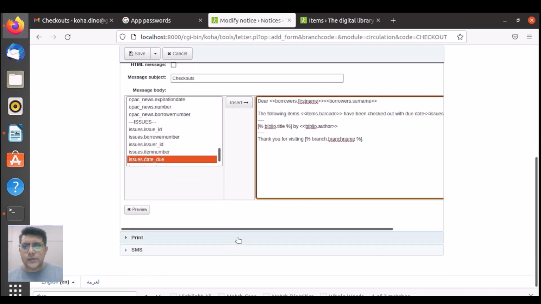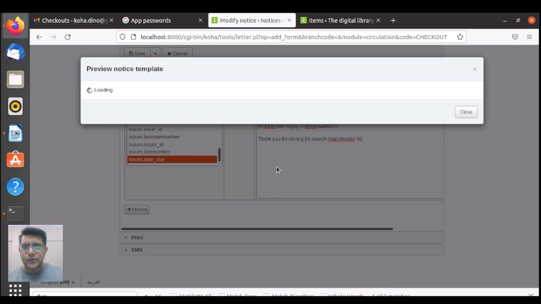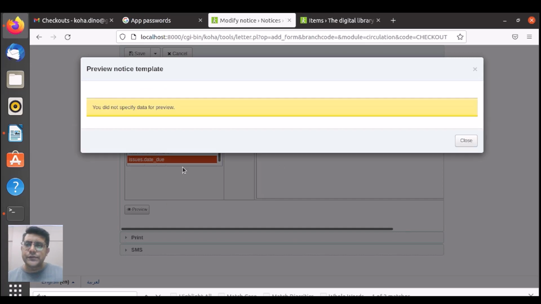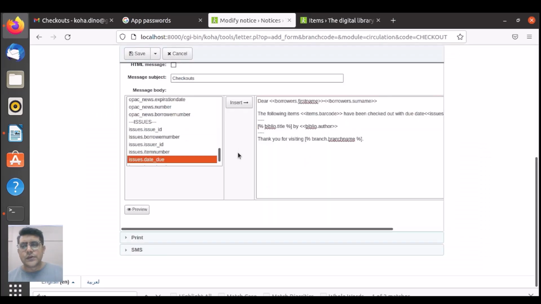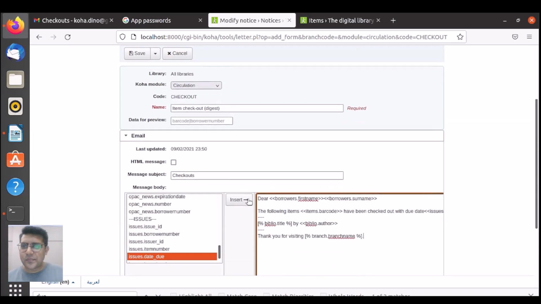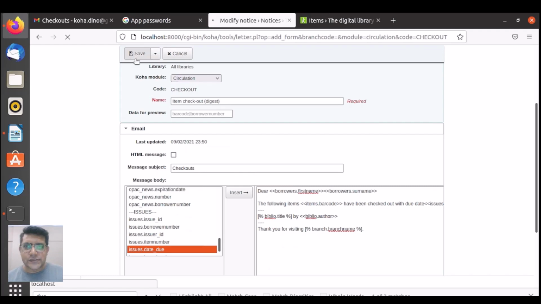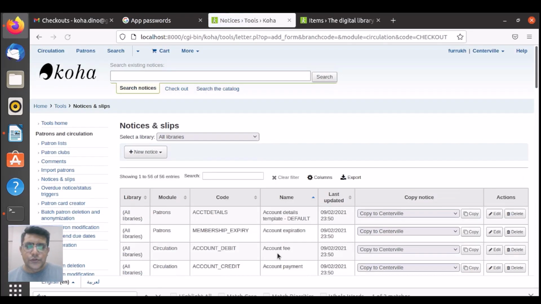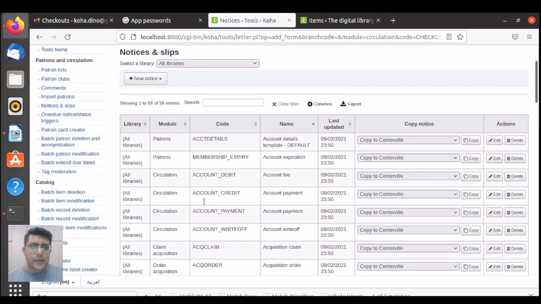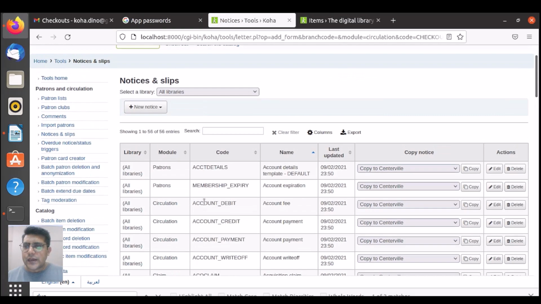Okay, and this way you can actually work on this. So you can preview this. You did not specify data for preview. Okay, anyways. Let us save this. So this way you can actually modify these templates, and you can also do one more thing,